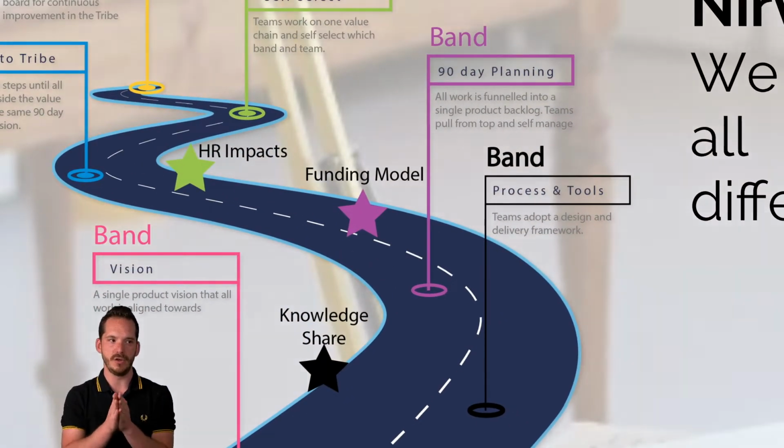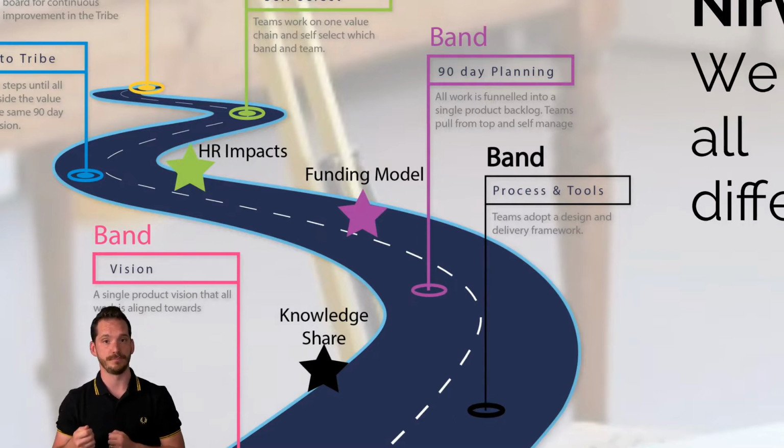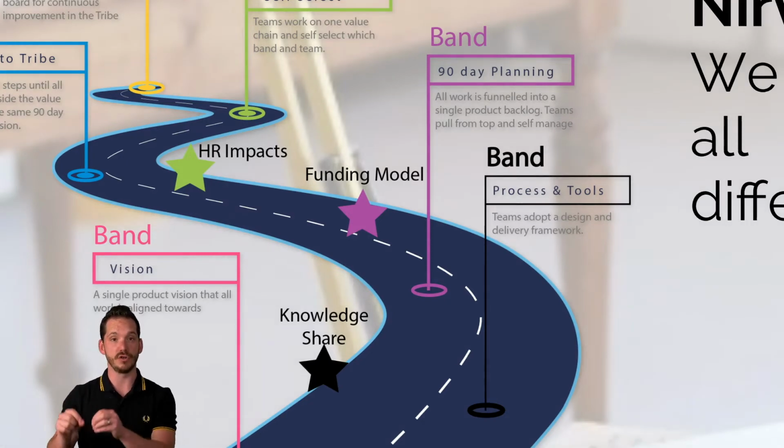In the band, you're going to adopt design and delivery frameworks. Now, you could choose the ones from this course, or you could find your own. It's a lot easier to start with an out-of-the-box framework. And this is why I say to people that Scaled Agile framework, no, it's not agile, but it is the gateway drug to agile. So if you were amber here, SAFe makes total sense. Implement a version of SAFe that suits your organization or Spotify or whatever. Get yourself to outcome focused, get yourself in a structure of inspecting and adapting, and then move forward.